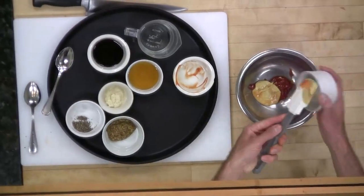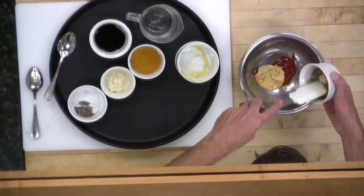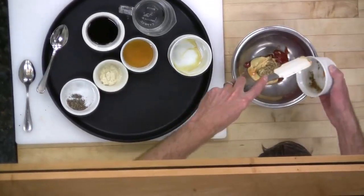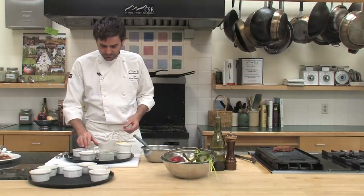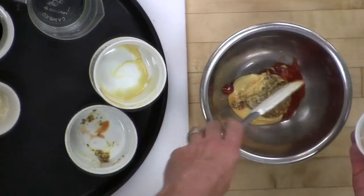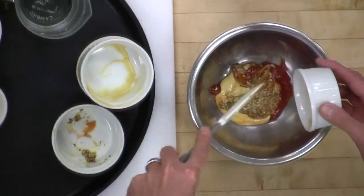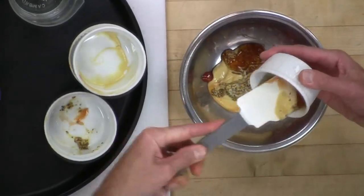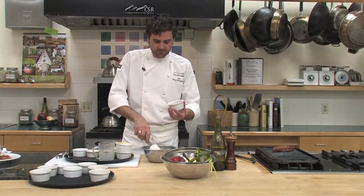One of my favorite things in the kitchen. Following our Dijon mustard, I've got some stone ground mustard that I'm throwing in there. Tastes really good. It also looks really pretty with the whole mustard. This is a little bit of wildflower honey that's going in next to give us a little bit of sugar there so we can achieve that sour sweet effect. Molasses,